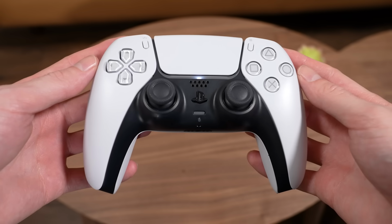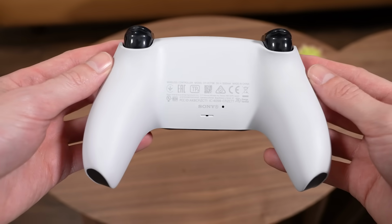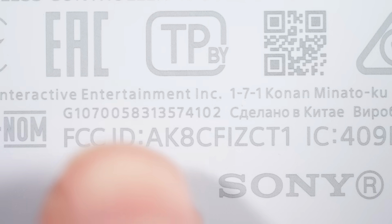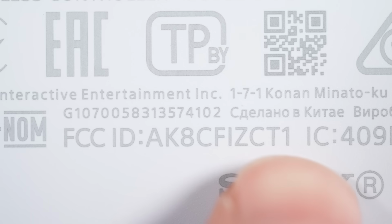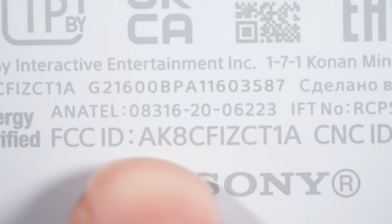check first. On your new controller, you want to turn it over and check the FCC ID inscribed on the back. It'll basically read as a bunch of random numbers and capital letters. But look closely and focus your attention to the very end of the ID itself. If you see the number 1, your controller is more susceptible to experience issues like stick drift and loose triggers in the long term. But if you see the letter A, then this means you are actually less likely to